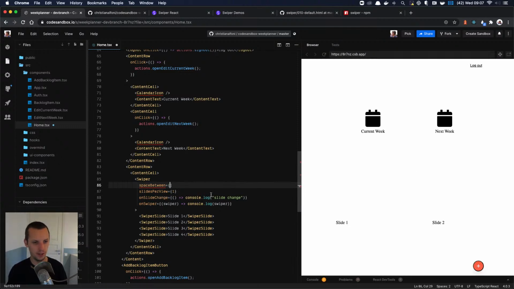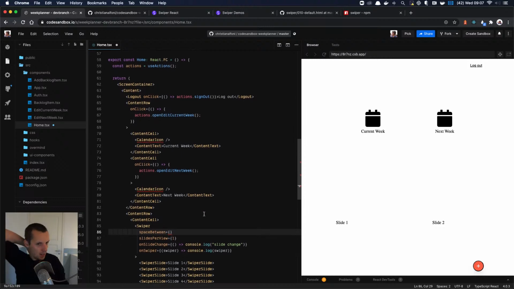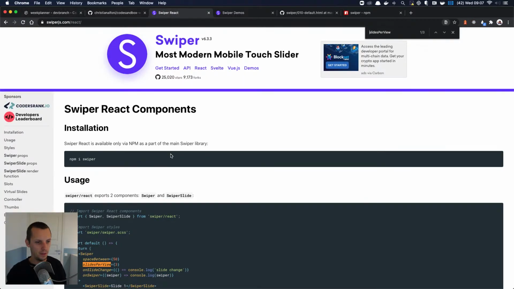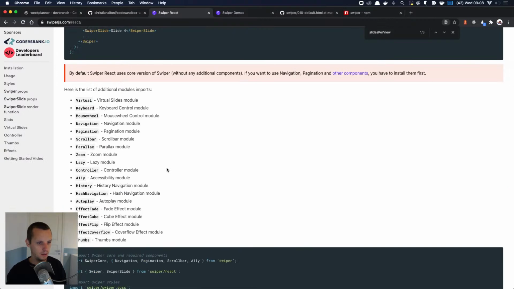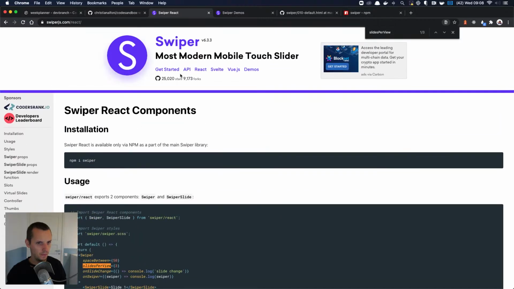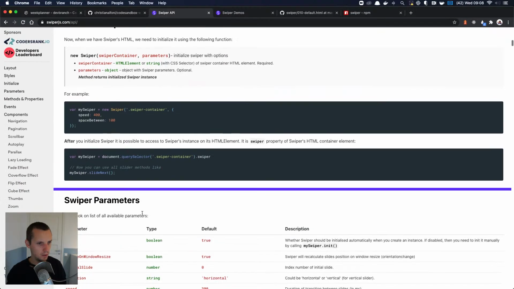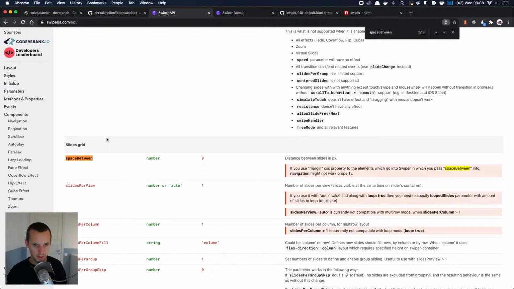So we have to calculate the width it should be. I don't like that. I just want it to be 100% of the size of the thingy. But yeah, that's a really weird way of naming those props. Maybe they explain it here. There we are. Distance between slides. But I'm thinking between slides is like between them. It's not the slide itself.